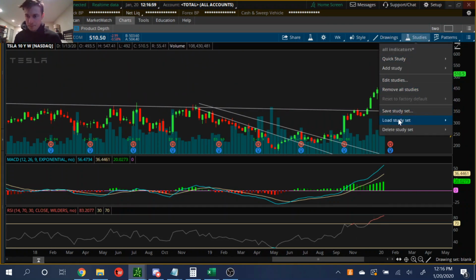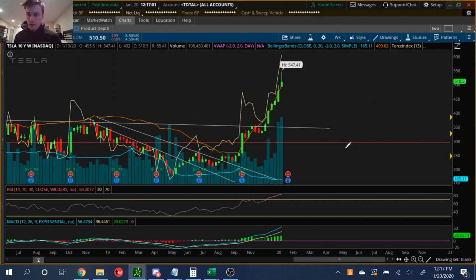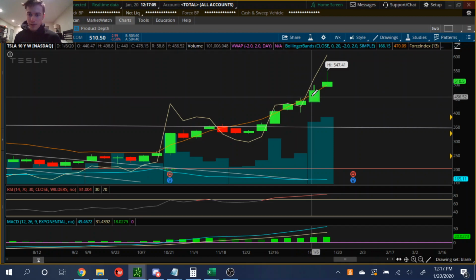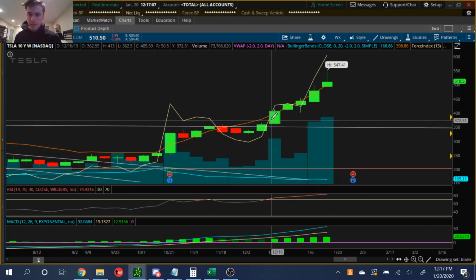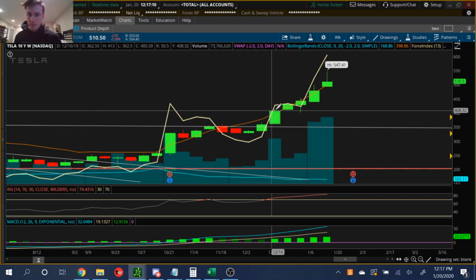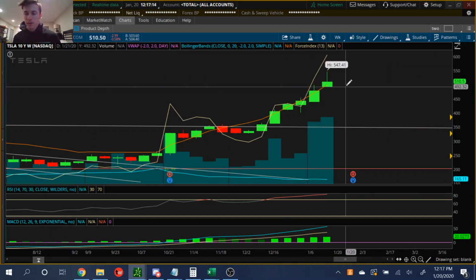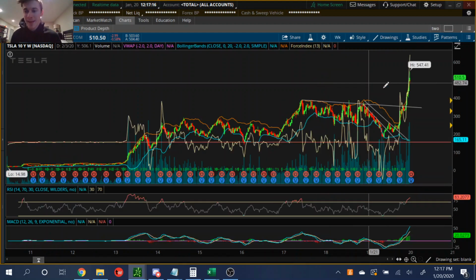Let's put those on. Let's look at Bollinger Bands. The orange line here is your Bollinger Band. So you have, boom, you're above the Bollinger Band. That's where you're supposed to reject. But that's just not the case,